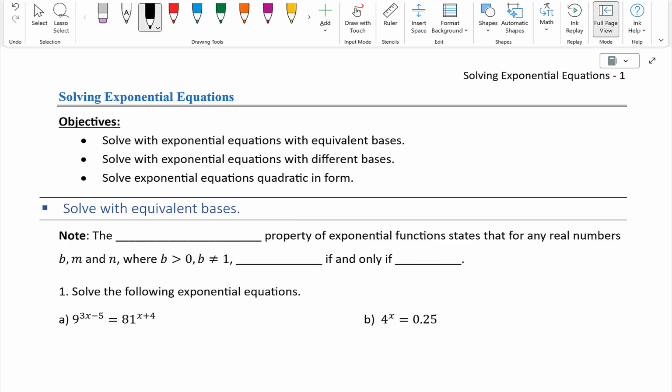The video for this standard is solving exponential equations. Our objectives include solve exponential equations with equivalent bases, solve exponential equations with different bases, and then solve exponential equations quadratic in form. We start with working with equivalent bases, and a note, the one-to-one